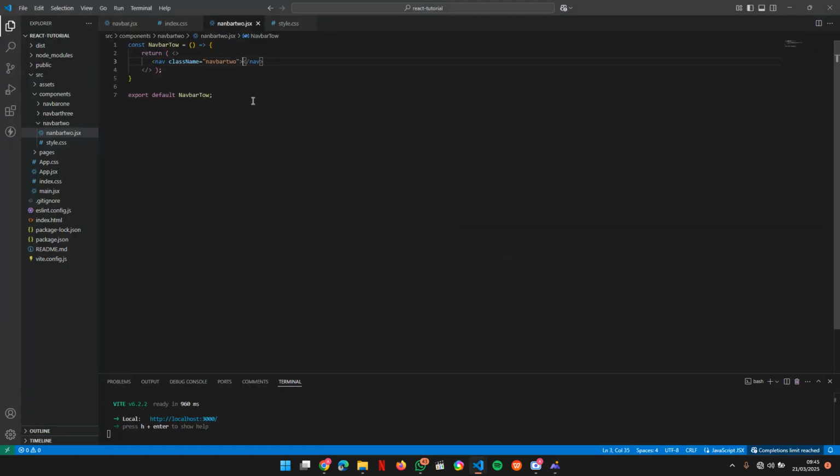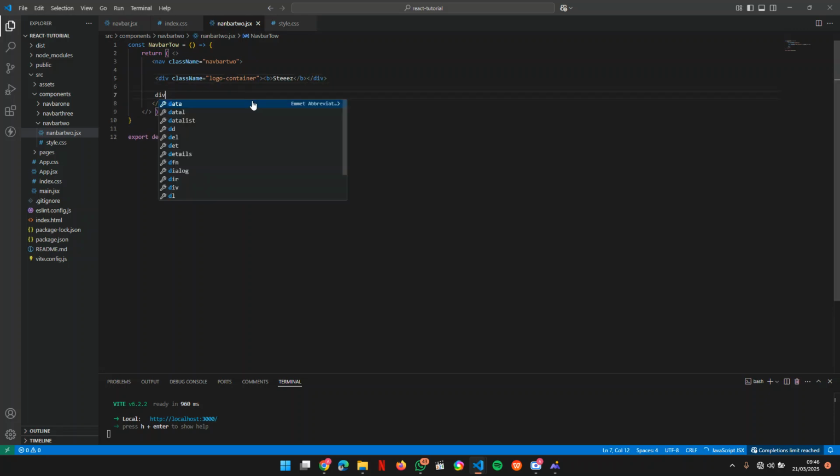So inside this NavbarTwo, we'll have our first div. Let's call that logo container, and let's just put anything inside. Okay, let me make the text bold. Steeze, Steeze, right? Now, so the second div will be our links container,